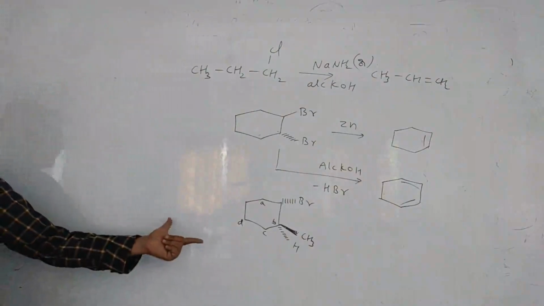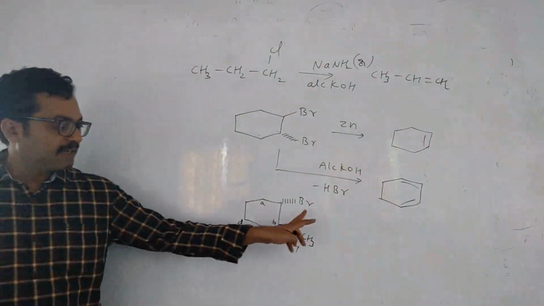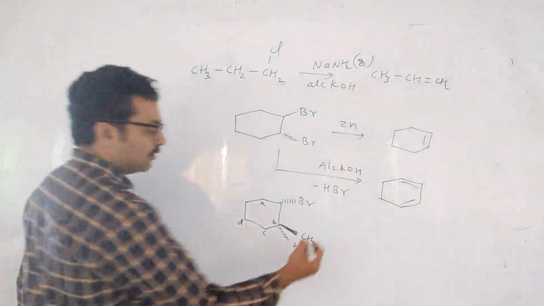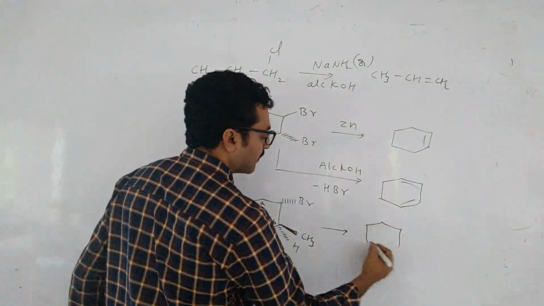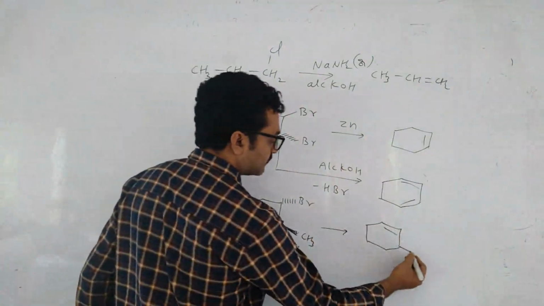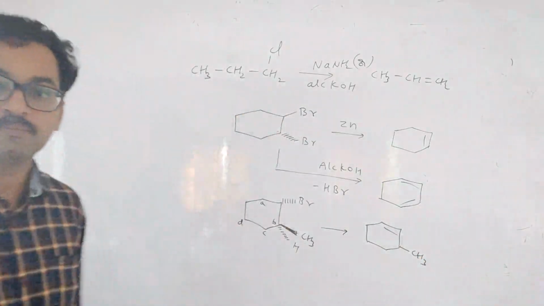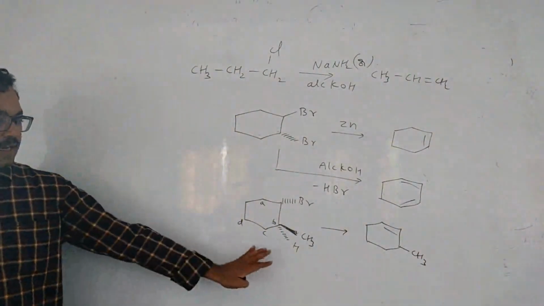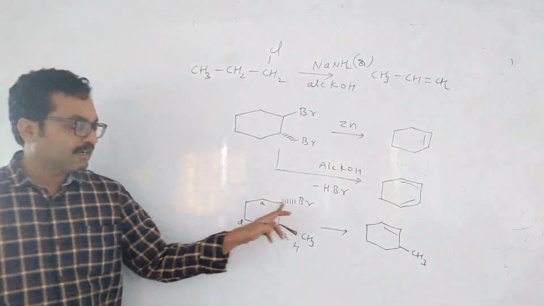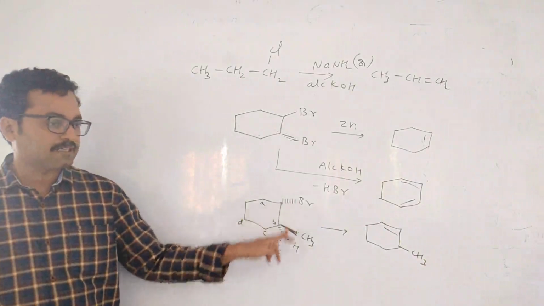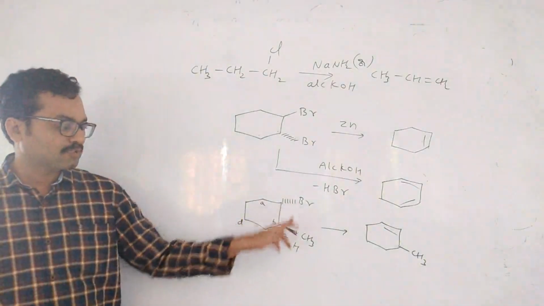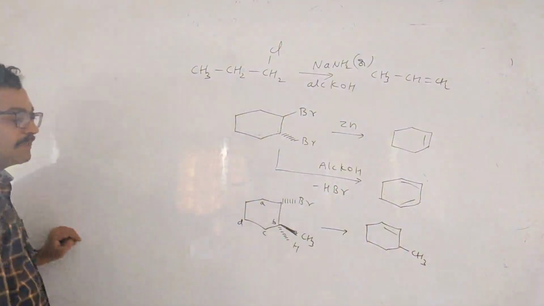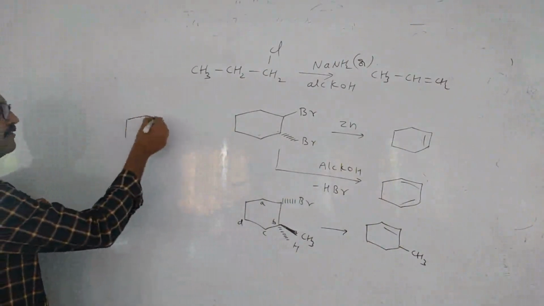Now tell. A. Why? Both eliminating groups should be in an anti-periplanar relationship. So in this case, what is formed? Like this unit. Understanding my point? Why, children? Here H can't be removed. Both are in the same direction. Both are towards the observer or away from the observer. Both are away. So we cannot eliminate. But normally, if they give like this without giving that bond,